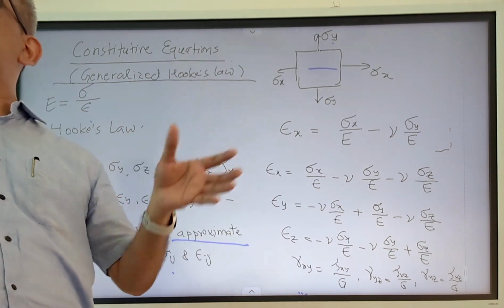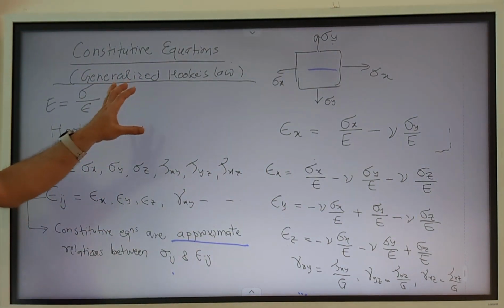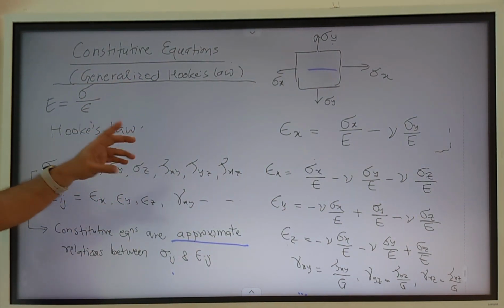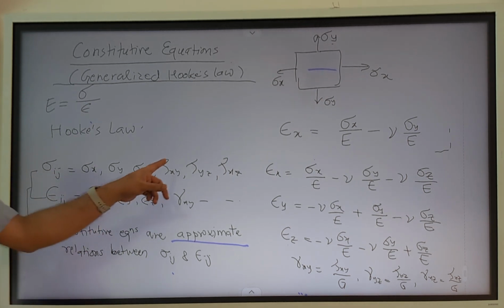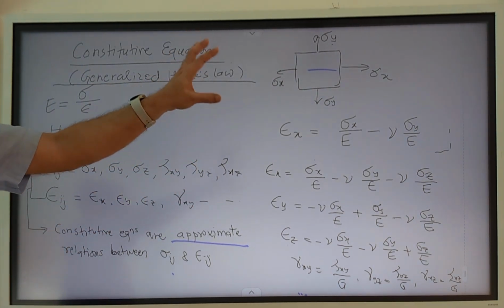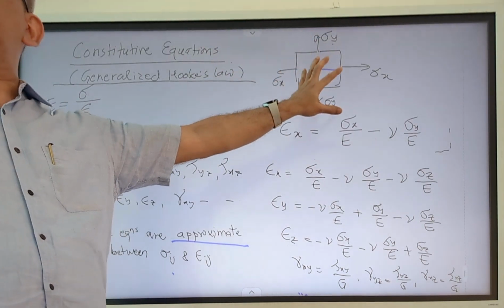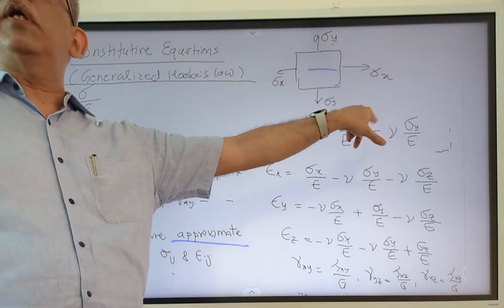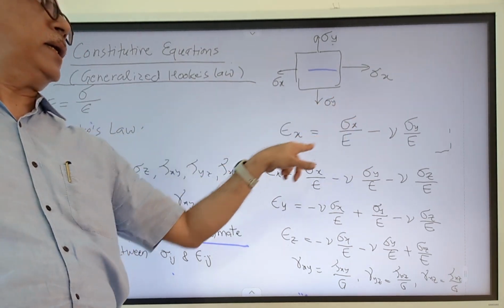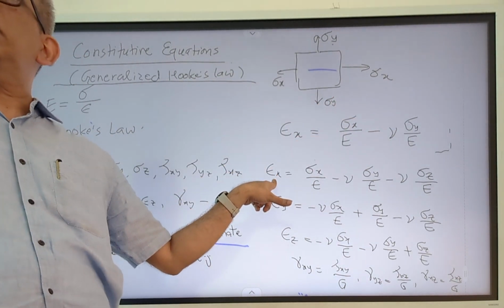Okay, so let's recap what we have done here. We wanted to have a general relation between stress and strain in the three-dimensional case where there are 6 unique stress and strain components. In order to do that, we started with a two-dimensional case scenario where we already knew the solution of strain in terms of the two stress components which were acting here. And we generalized it to 3 dimensions.